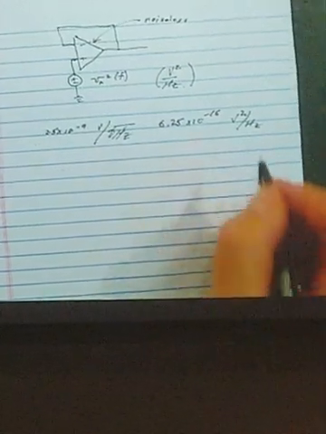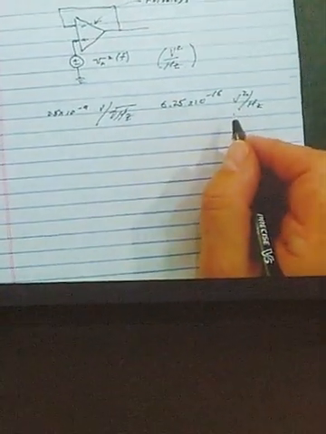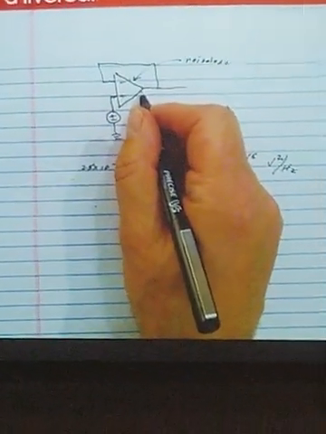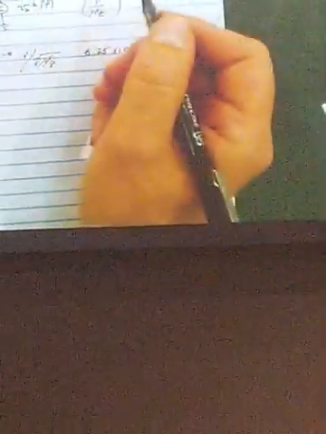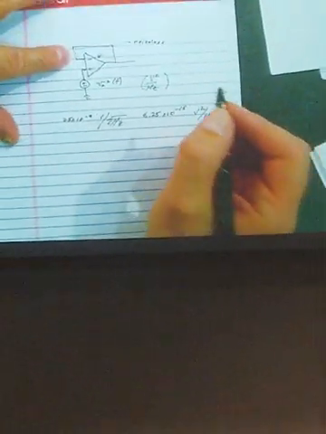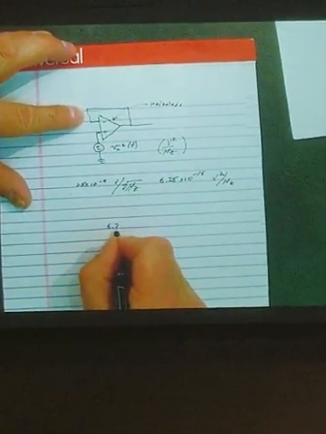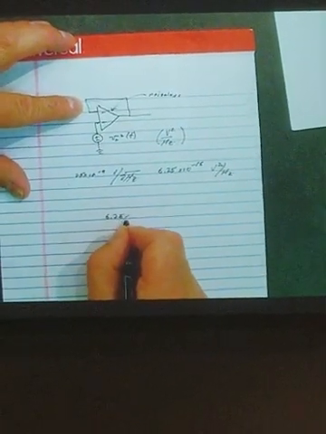Now, since that's volts squared, we're running it through an amplifier with unity gain, which has a bandwidth of about a megahertz. So we take our 6.25 by